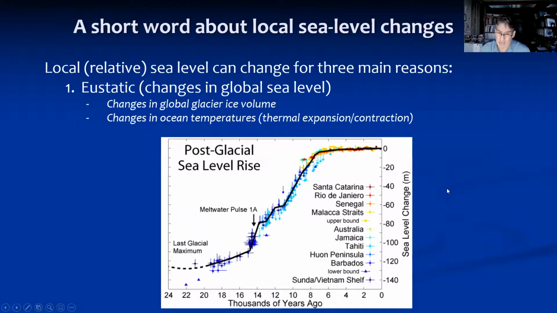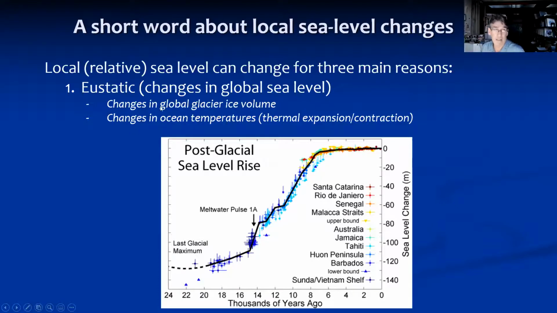So I just want to take a quick aside, because I'm not sure how much people know about relative sea level changes, and it's a big part of this story. We want to have a sense of how you can change local sea level fairly dramatically. And we're not talking just centimeters or a few meters, we're talking potentially hundreds of meters. So we've got to have a sense of what ways we can have big sea level changes in a local region. There are three main ways I want to introduce to you that we can change sea level at a single locality.